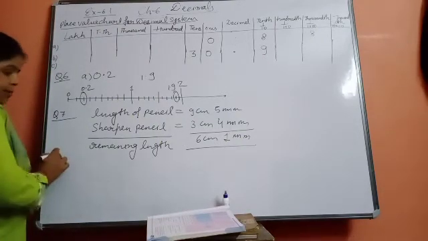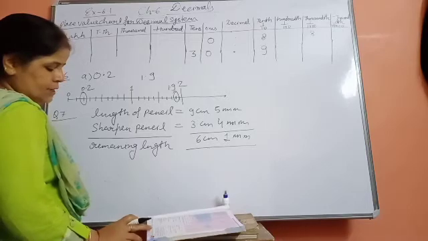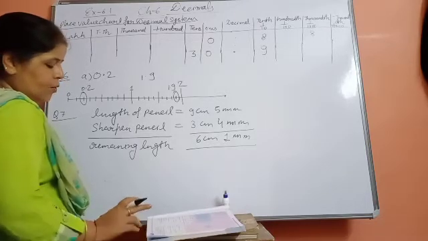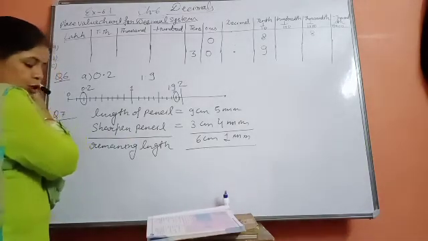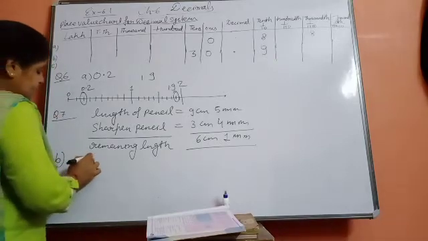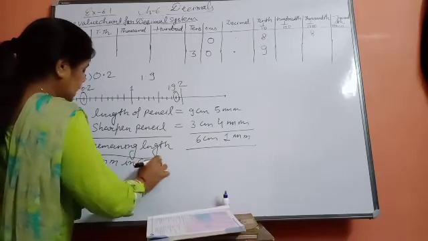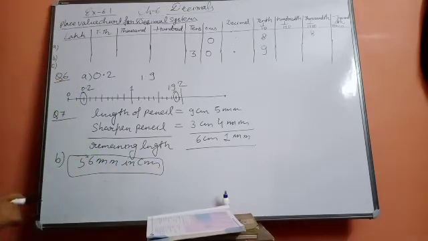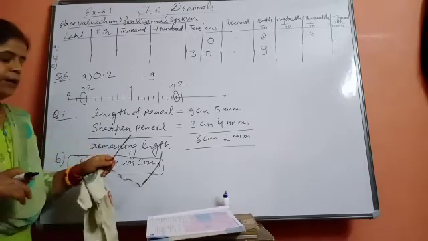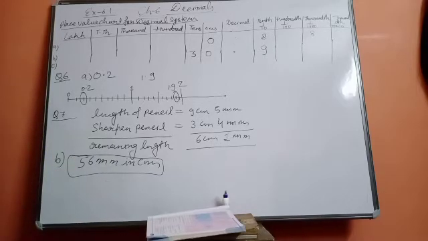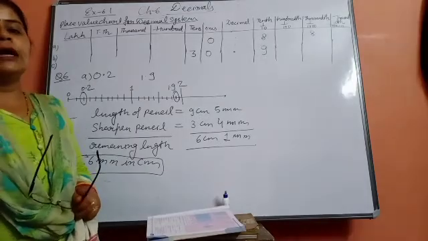Okay, now see the B part of this question. The length of a sapling is 56 millimeter. Express its length in centimeter. Okay, this is the same as the fifth question. You have to convert 56 millimeter into centimeter. So you will write this yourself, and how you will do it is the same as question number 5. Right before this question 6, I converted many numbers from millimeter to centimeter by dividing by 10. So this question also you will do yourself. Okay, now come to the next one.